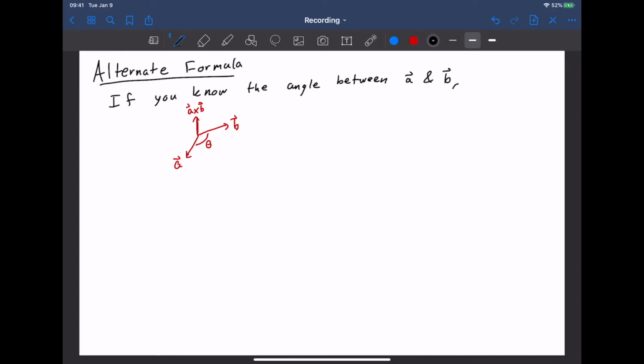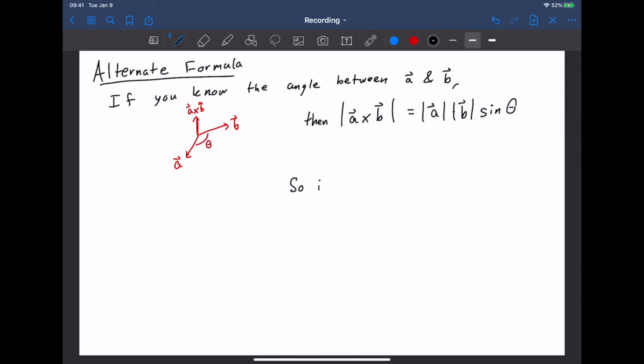But if you know this angle, the angle theta, then the magnitude of A cross B is equal to the magnitude of A times the magnitude of B, sorry, we don't use dot, times sine theta. And this can be a really helpful formula for a few applications that we'll see in the next video. But right now, since that relationship is true,